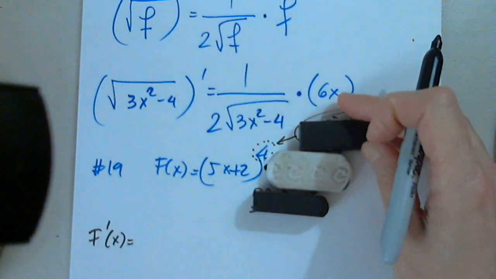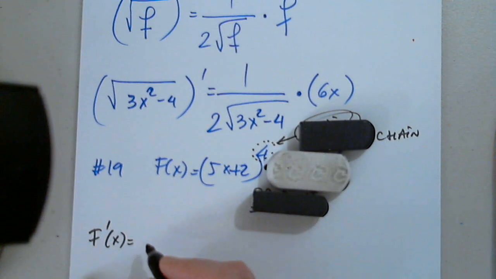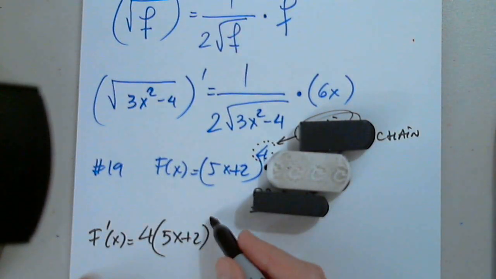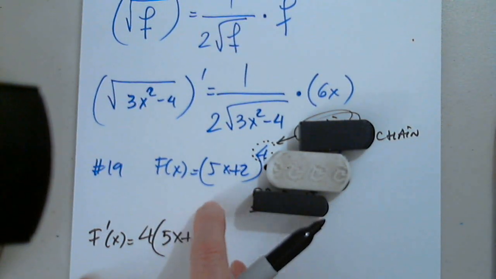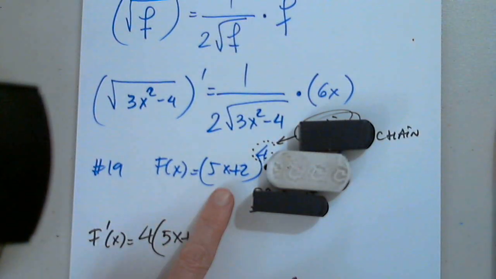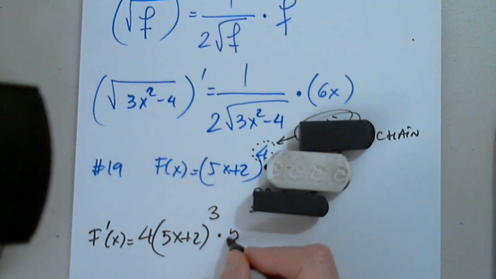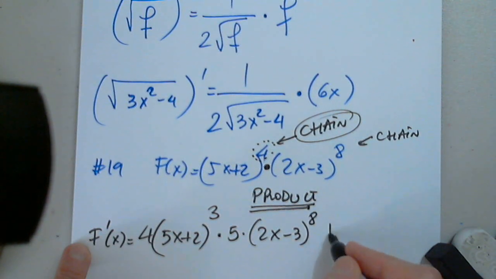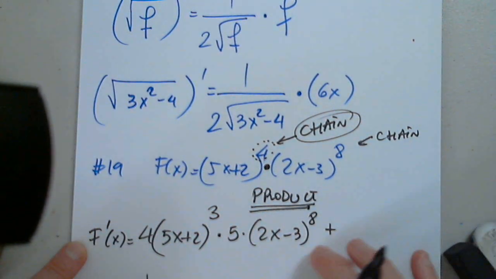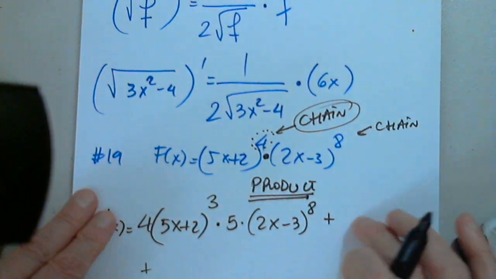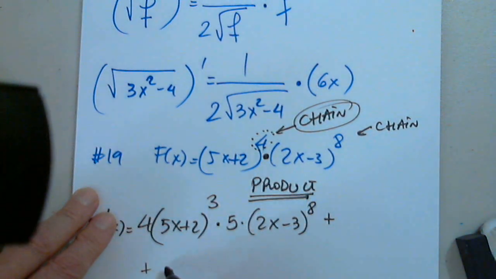See, that's why I have my props here. Will it be 4 times 5x plus 2 times 10x plus 3? Good. Times the inner function prime, so it will be 5. That's it. Times the second function, plus. I'm writing it here. It's not two pluses. It just tells us that it continues somewhere. I don't have enough room. I have to copy the first function